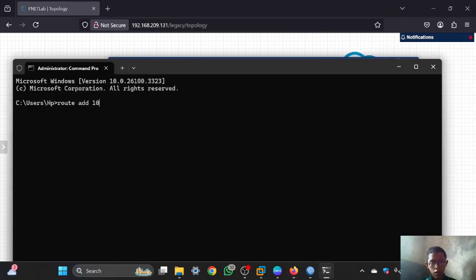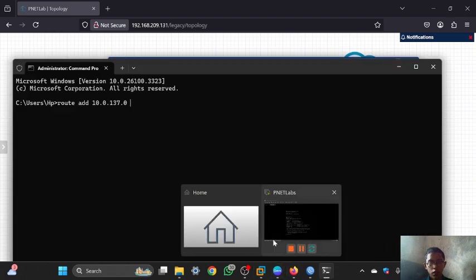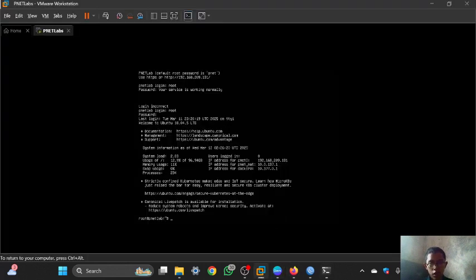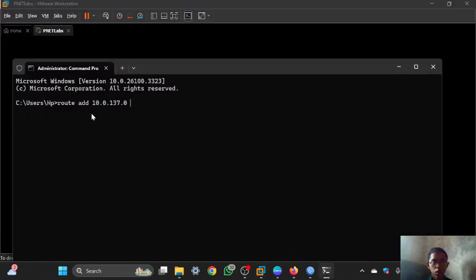route add, and then this is the IP network of PinetNet, and you can see in VMware that in here there is the IP address for PinetNet. You can type in here the network of PinetNet, which is this, and then you can add the mask, because this IP is using prefix /24, so the mask is this.